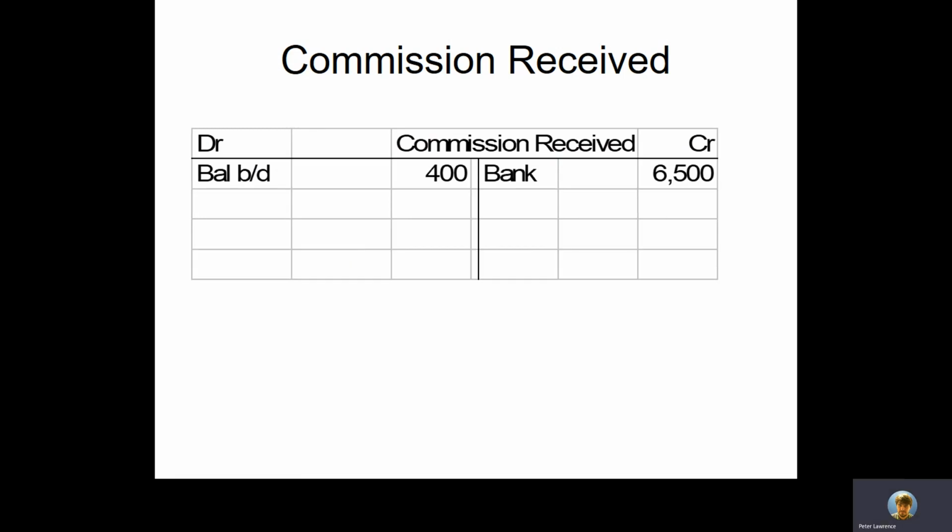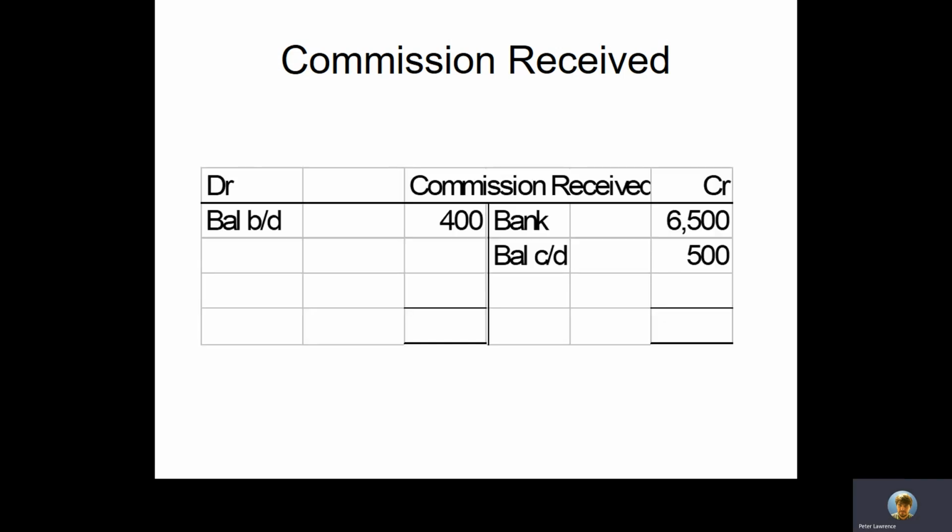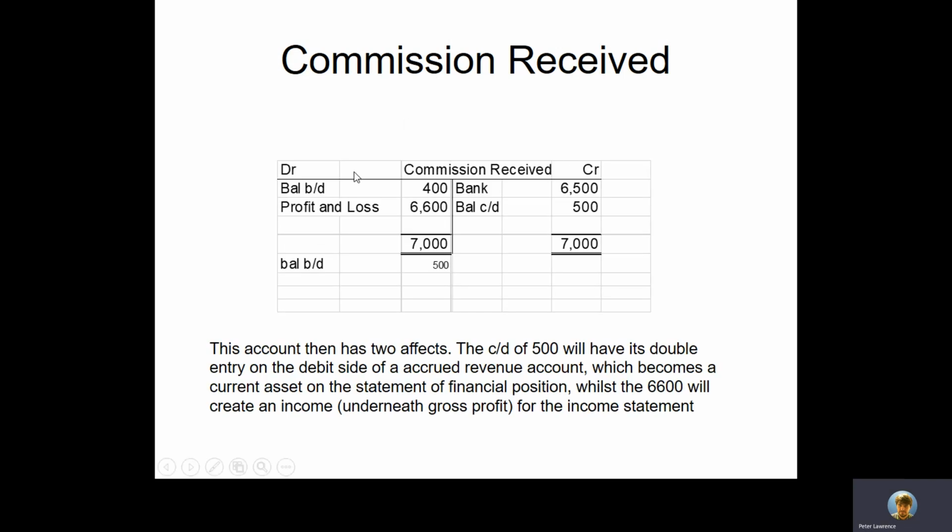Then we receive £1,500 into the bank. So we'll debit the bank, credit the commission received. And then at the end of the year, we're still owed £500. So if at the end of the year we're owed £500, that relates to this year, because we've used it this year, you just haven't yet paid for it. So in balancing off the account, we've got a profit and loss amount of £1,600, which goes underneath gross profit again. But we're also going to create a current asset